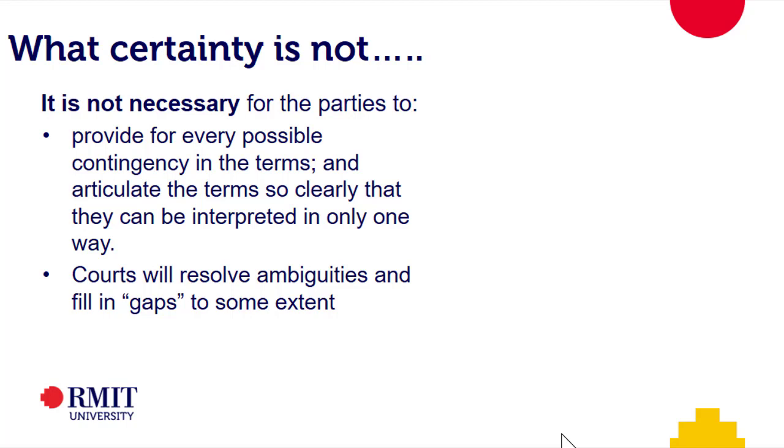there are a whole lot of things that could go wrong. So if they're listed shares, the price could go up and down. I say I'm going to sell all of my shares to you. What happens if I issue some more shares tomorrow? Am I going to sell all of the shares I have today, or all of the shares at the time we transfer? There are all sorts of possibilities of things that could go wrong along the way. We don't have to deal with every single possibility. We just have to have sufficient certainty to know what the parties intended.